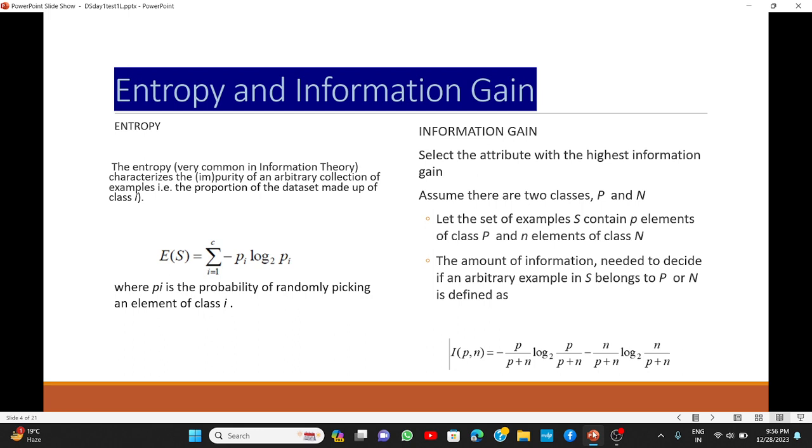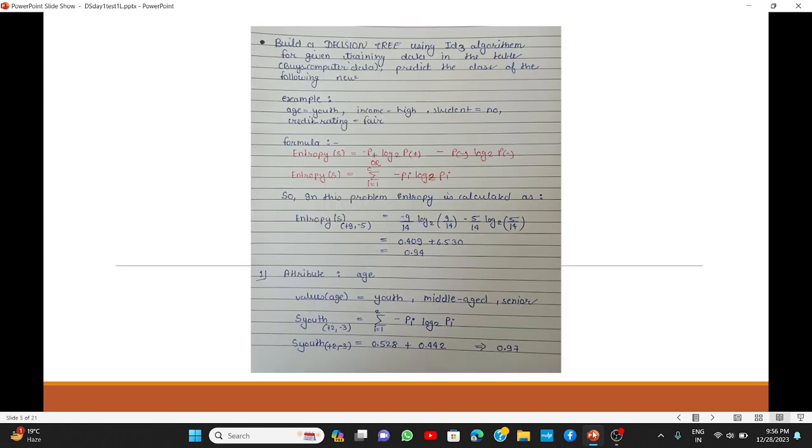Now, the one attribute which has the highest information gain will become the root node in this case. So we'll start with the first attribute, which is age. We need to know how many yes and no examples there are in the particular case. So we have 9 yes and 5 no examples. So the entropy of the whole data set is equivalent to